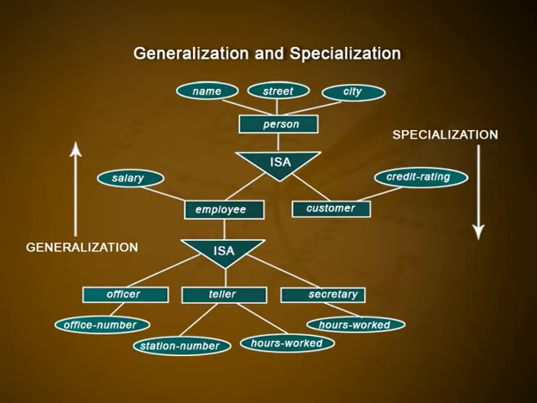Generalization is a containment relationship that exists between a higher level entity set and one or more lower level entity sets. Higher and lower level entity sets also may be designated by the terms superclass and subclass respectively. For example, the person entity set is the superclass of the customer and employee subclasses. In practice, generalization is the inversion of specialization. In most database applications, both specialization and generalization are applied in combination.